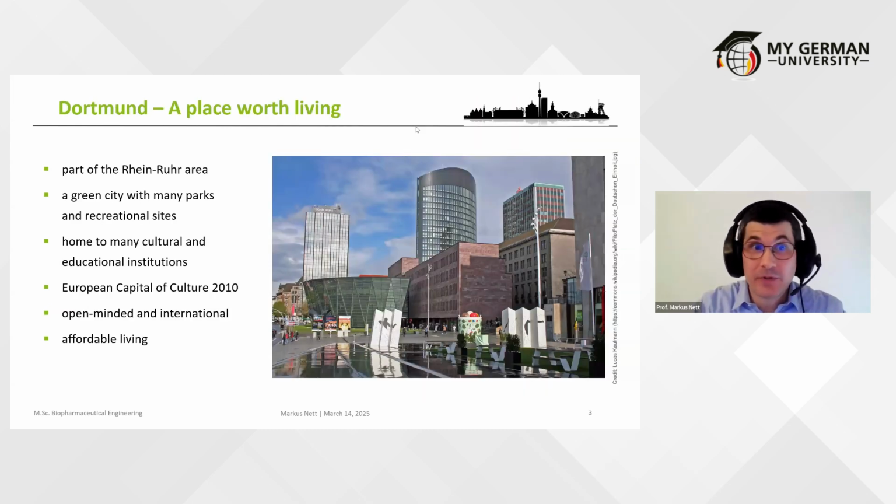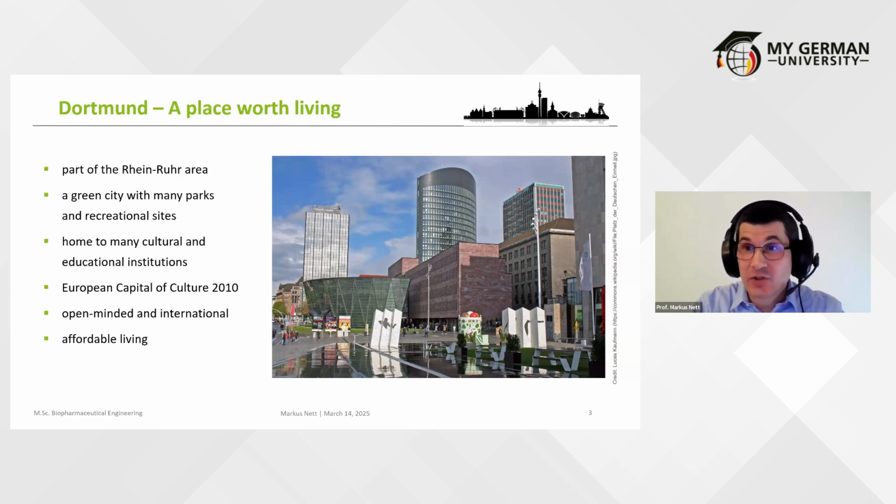So the city of Dortmund is located in the Rhine-Ruhr area. So this is a region in Germany that is named after two rivers, which are the region's defining geographical features and historically also its economic backbone. The city of Dortmund actually is the third largest city in the Rhine-Ruhr area with a population of about 600,000. And when you visit Dortmund for the very first time, you will probably be surprised by the abundance of green spaces within the entire city.